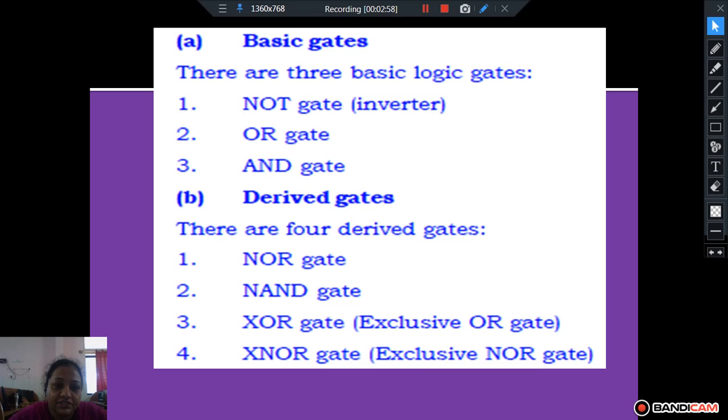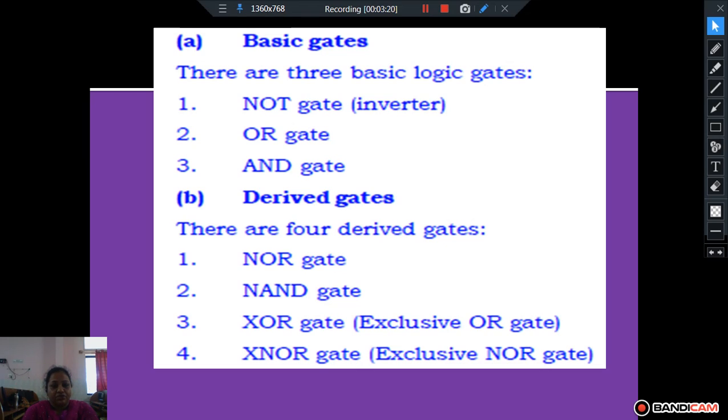The NOT gate is also called an inverter. There is one input and one output. For the OR gate, there can be two or more inputs and one output. The output of the OR gate is 1 when any one of the inputs is 1. Similarly, we have the AND gate.